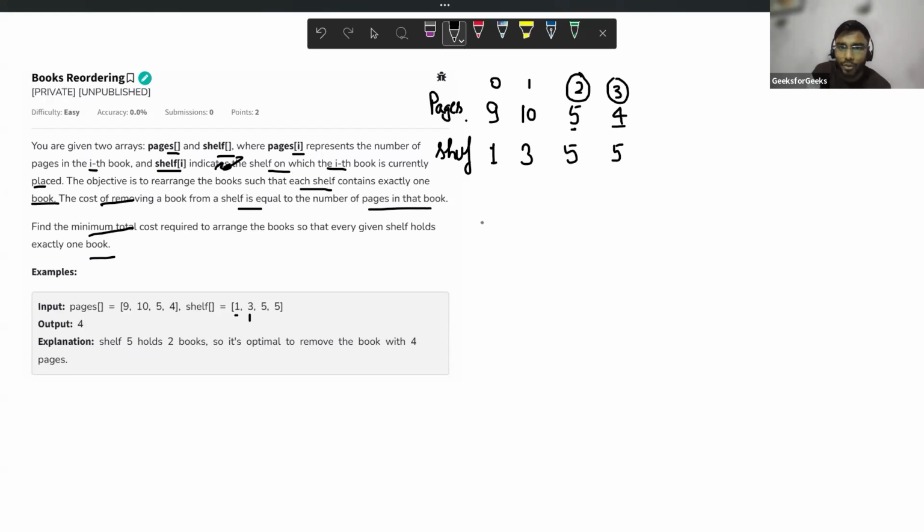Can we map shelf with the book? And if the book is repeated, what can I say? Remove this or place this. If this shelf already has a book, I have two choices according to the number of pages. Let me see if I have to remove it or place it on my shelf. But if there is only one book on that shelf, I have no choice. I have to put it on my shelf. What I am saying, can we see this with the help of an example?